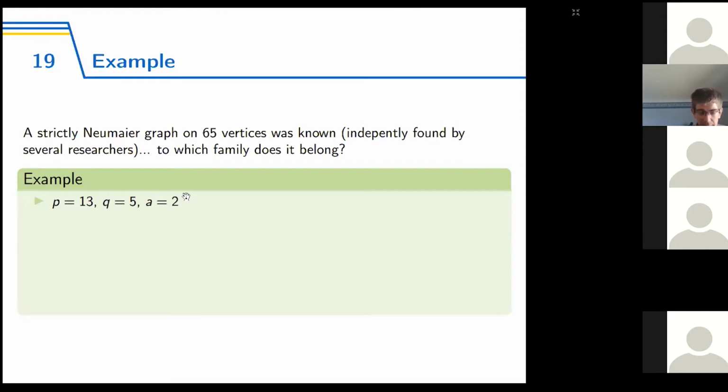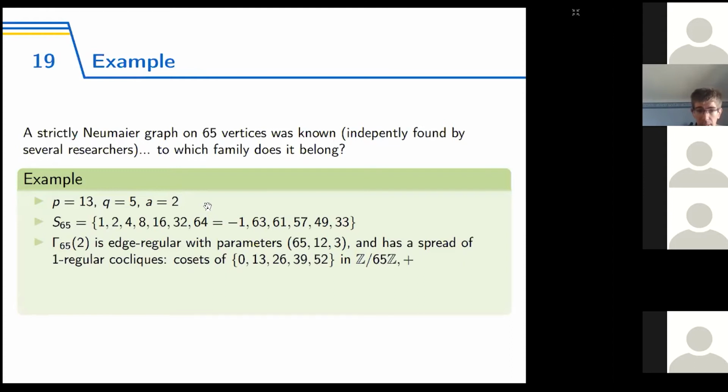And then we take the number 2, and what we do is we take the powers of 2 mod 65. In particular, -1 is among these powers. And this is important,